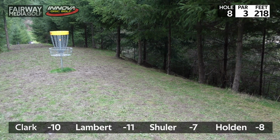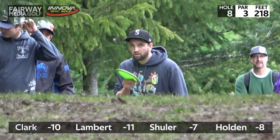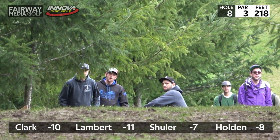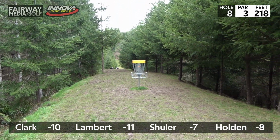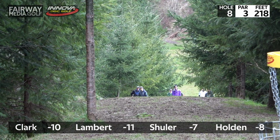Hole 8. 218, but uphill again. I don't think the video shows how uphill it is when you're on the tee pad. This one was the most dangerous hole on the course, and it's because of the very slick fairway, which is not only very narrow and then tapers downhill on both sides into the heavily wooded area, but